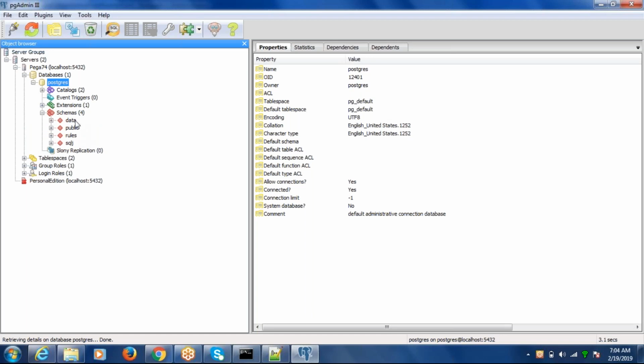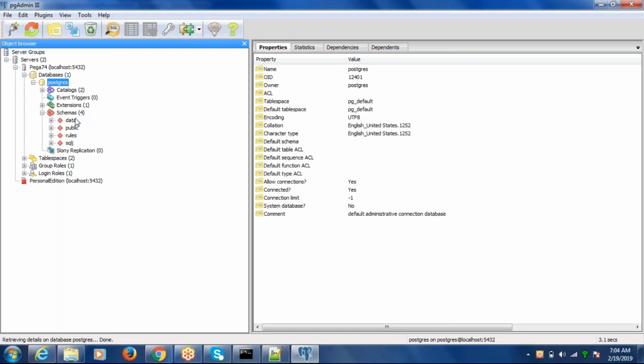The schemas which come by default with Pega are the data schema and the rule schema. Public and SQLJ are not coming with this personal edition, but those are by default the schemas which come with pgAdmin.